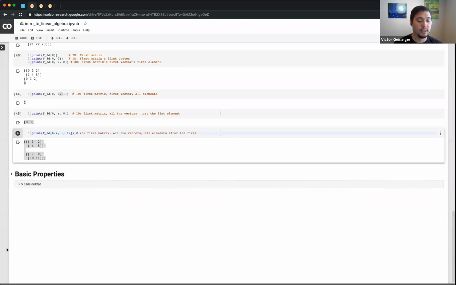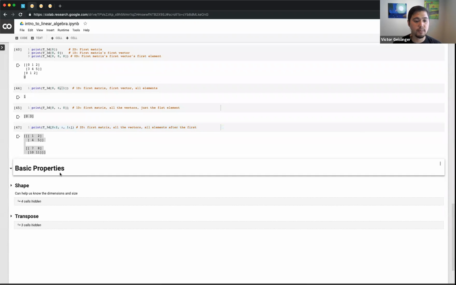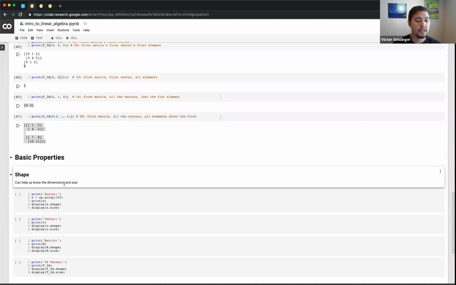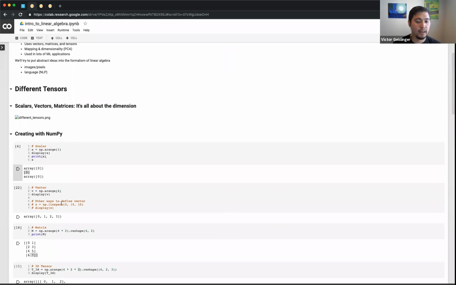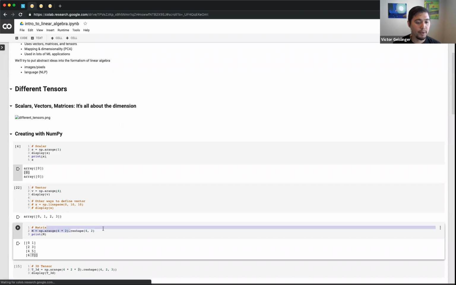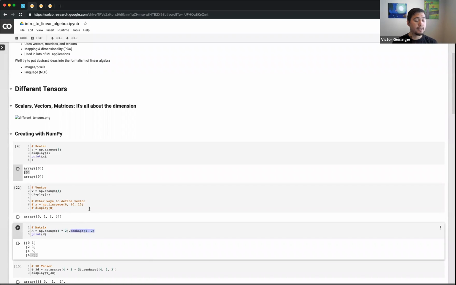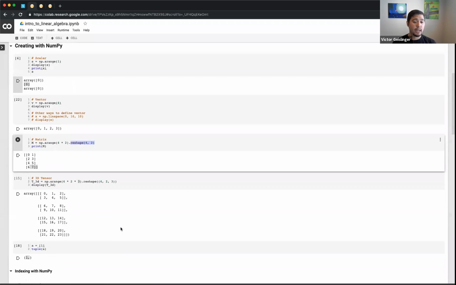All right, awesome. So then it brings us into some basic properties. I kind of alluded to this, which is our shape. So you'll notice that at the very, very beginning, I did, where is it? All right, reshape, okay? So this kind of gives you the idea that there is something called a shape, right? We can actually use